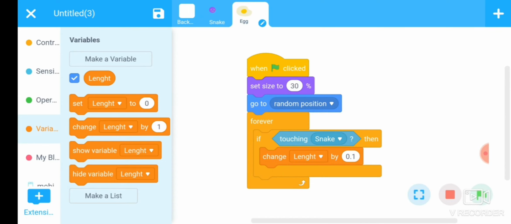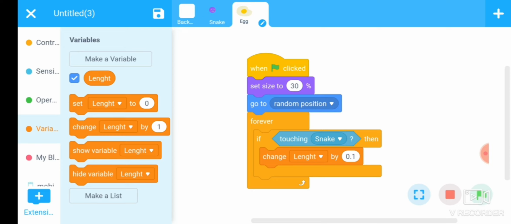Here I am taking 0.1, so after consuming the food the length of the snake should be increased by 0.1. Okay, you can choose any value here, 0.2, 0.5, 1 as you wish. I have taken 0.1 here.